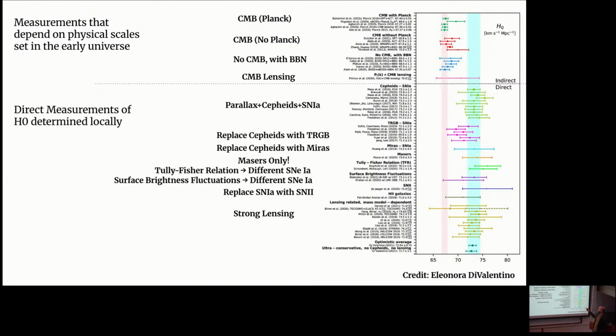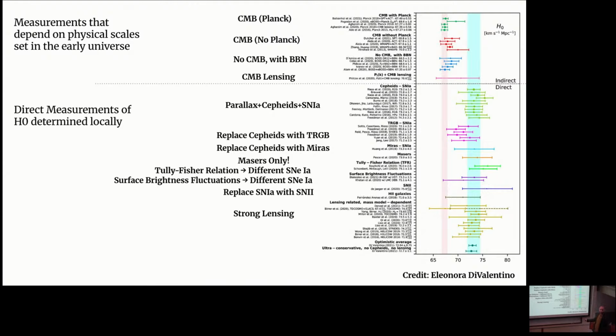The top panel are the model-dependent measurements, often from the very early universe. This talk is focused on the bottom panel here, the direct measurements, where there isn't a model assumption, and the community has gone wild over different ways to analyze different data sets, replacing different rungs of the distance ladder, and so on. But well, so this has actually been very instrumental in showing how systematics could impact measurement of the Hubble constant,